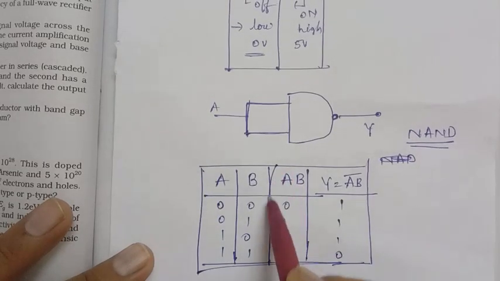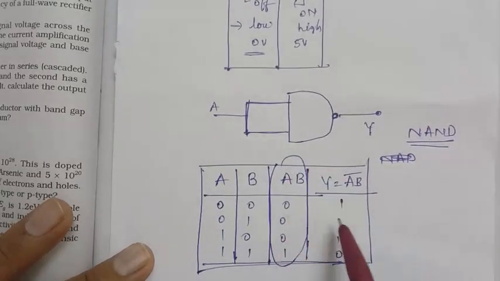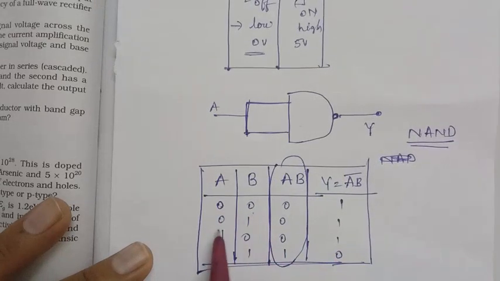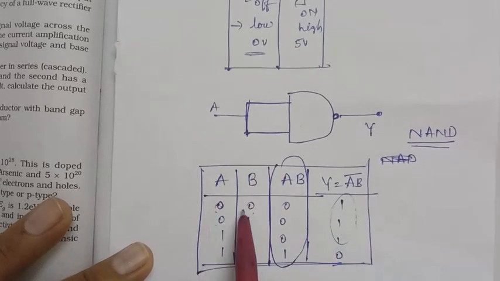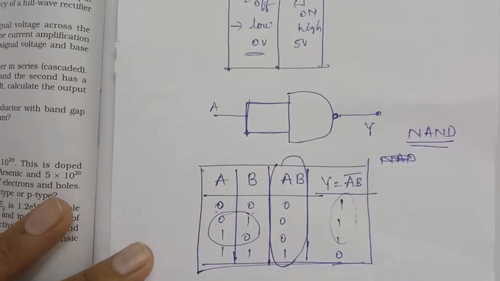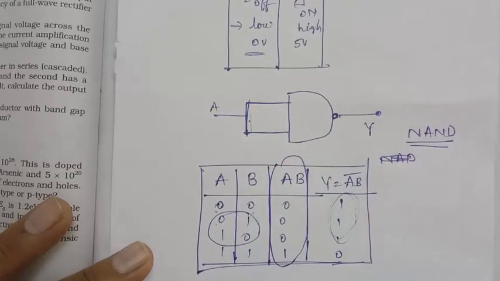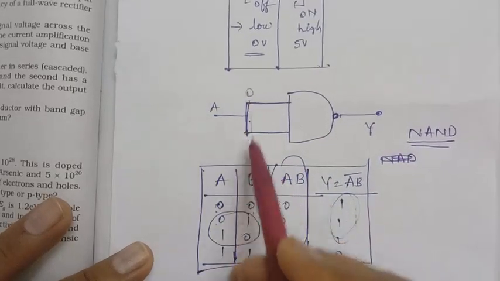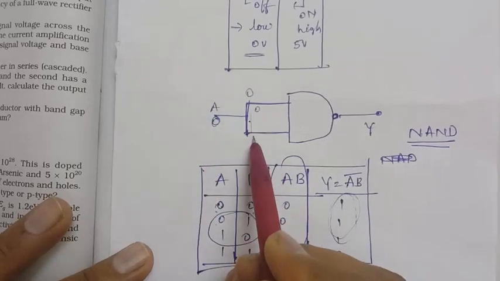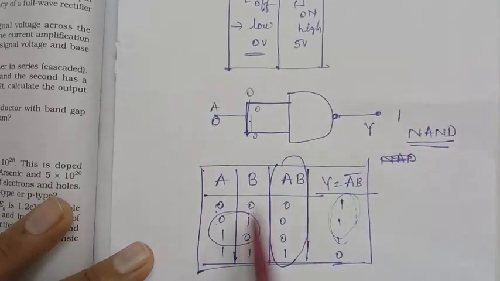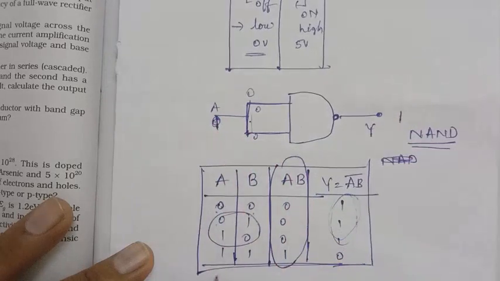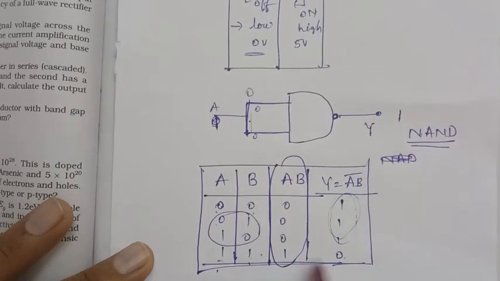But here, based on this, you have to remove this. So if any input is low, then we are getting the output high. If suppose you remove these two, why? Because both the inputs are the same. If you give the low input, A equal to 0, meaning both are 0, then we are getting the output high. Then if you give A equal to 1, then we are getting the output low.